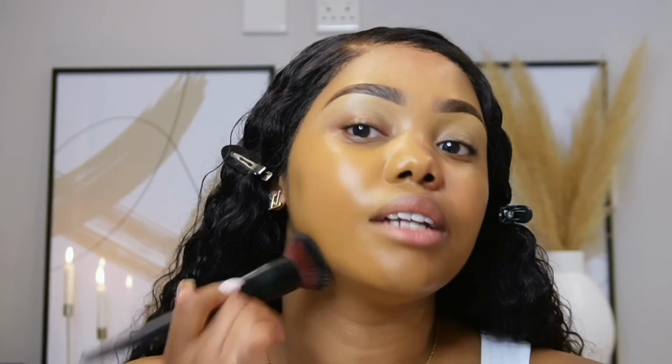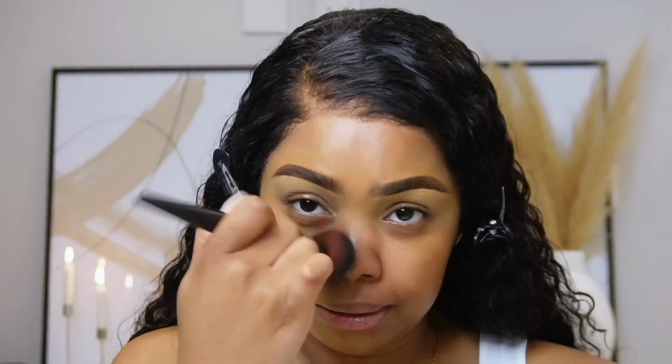Another thing about this foundation is that it doesn't oxidize. The shade that's on your face is the shade you're gonna get all day. This video is gonna be very much a tutorial. If you came here for the vibes,